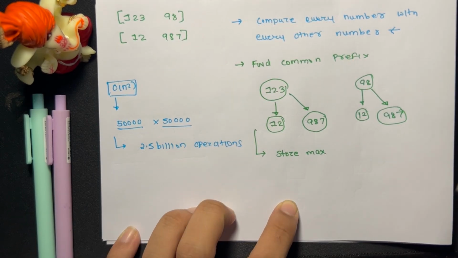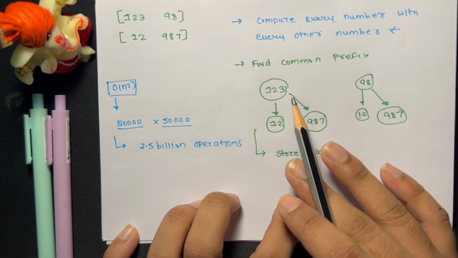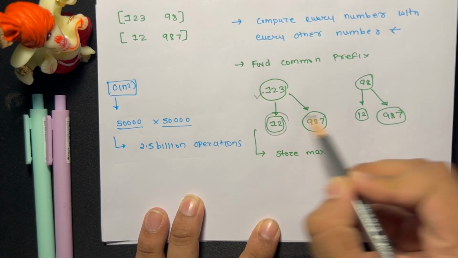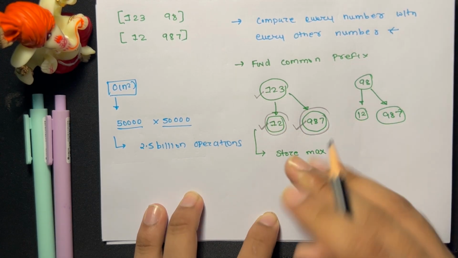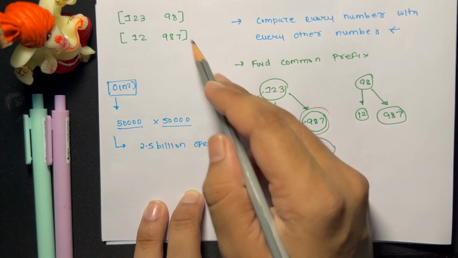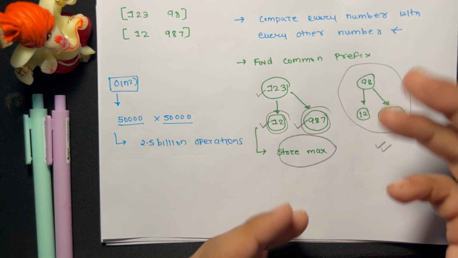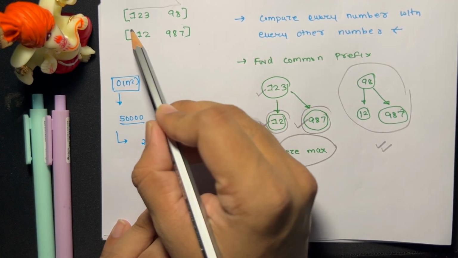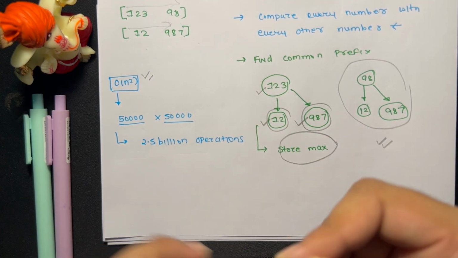Okay, the first solution that comes to our mind is compare every number in the first array with every number in the second array. So what we can do is compare 1 2 3 with 1 2 and 987. See what can be the longest prefix among them, store the maximum, then compare 98 with 1 2 and 987. Here also store the maximum length and then return it. But what we are doing here is first iterating the first array, then iterating the second array, which will make the solution O(n squared), and if the constraints are too large,